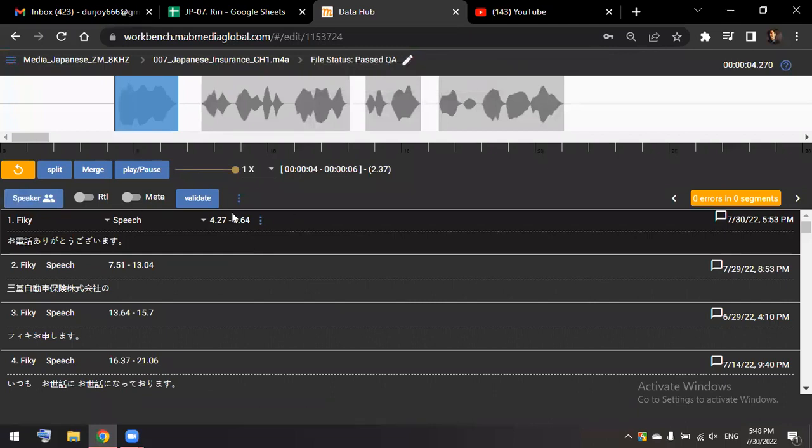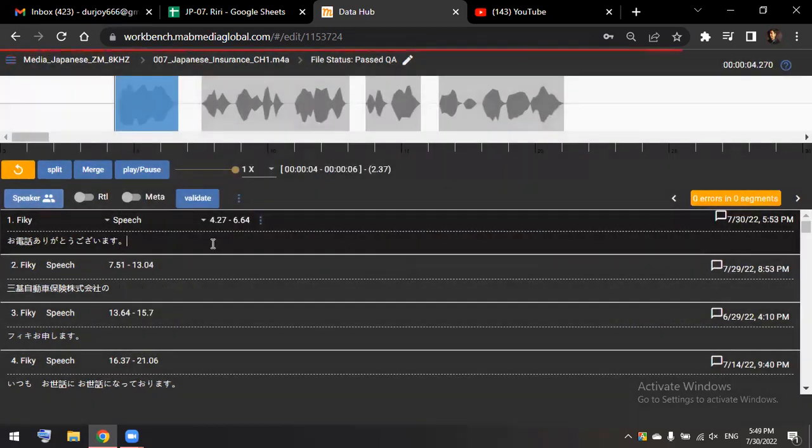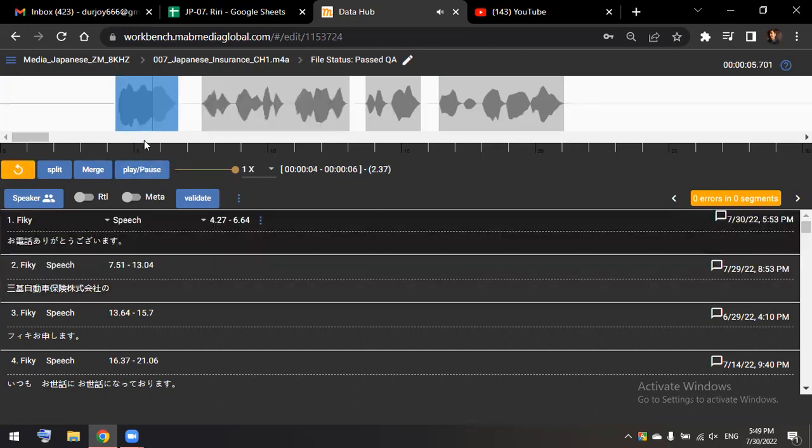That is all about the speaker. Now let me go to the transcription option. Before the transcription rules, let me show you the segments. This one is a segment, this one is a segment. Each and every segment has a different box, as I said before, and in each box you have to write only the words of that segment. You can hear that there is a replay button. If you put on the replay button, you will hear just this part, like this one.